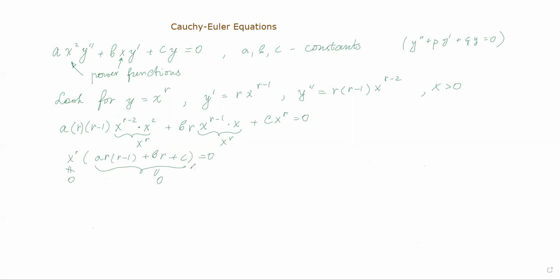And what we have in parentheses is called characteristic equation. It's just a typical quadratic equation. And r here is unknown, right? Because we were searching for the function y equals x to the power of r, but we don't know what is supposed to be r. Well, because it's a quadratic equation, I'm going to write it down. We also call it a characteristic equation or indicial equation. I'm going to write down characteristic equation about r, right?